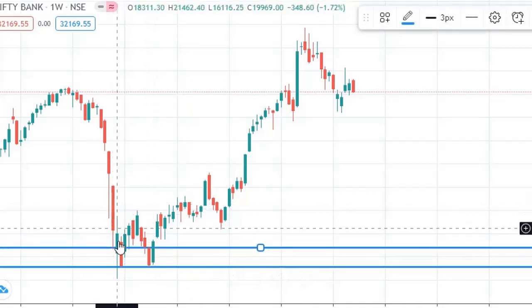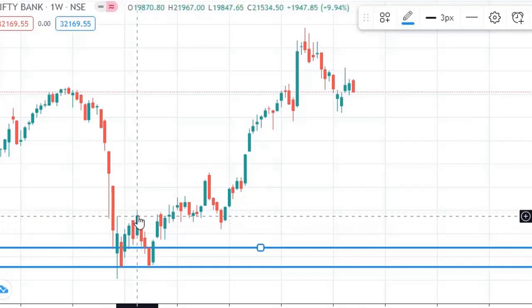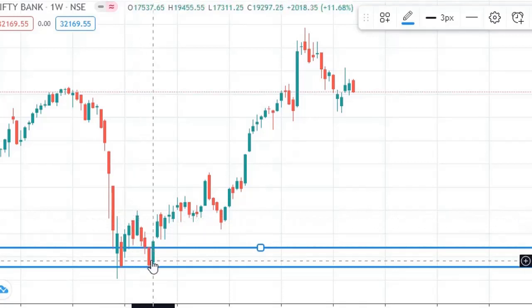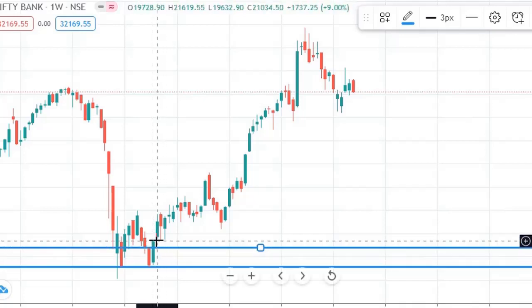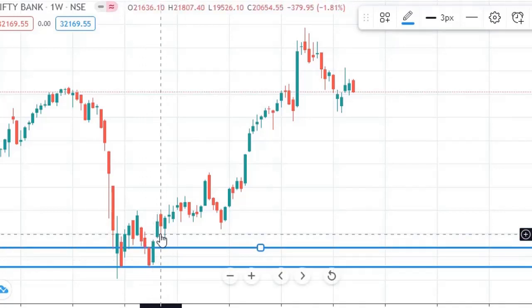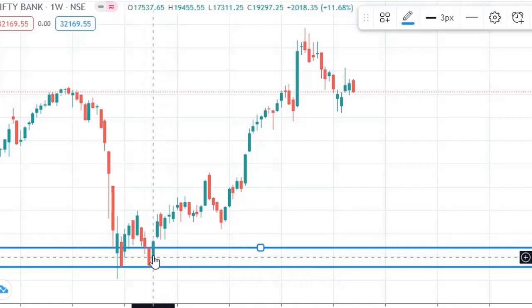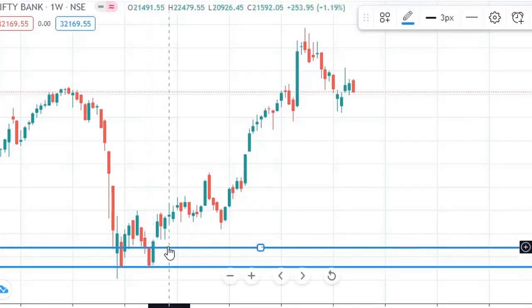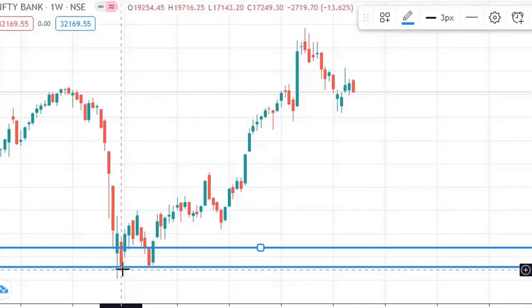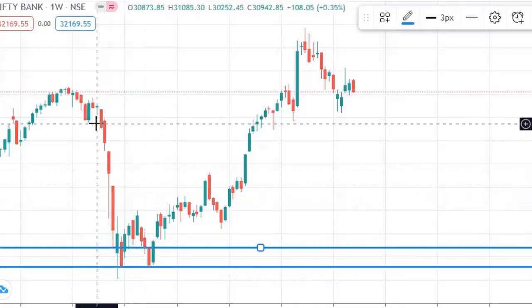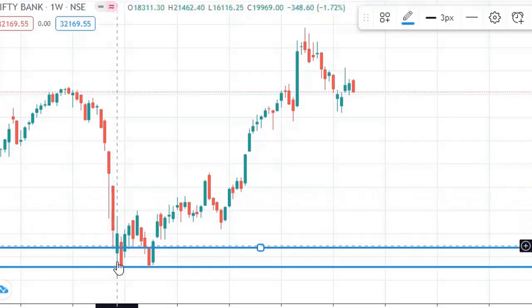Now you can see from here it moved to here, and from here it came down. Now this is a classic reversal pattern, if you know it. That's why I assume that you have a basic knowledge of candlesticks. So this is a reversal pattern. From this, a green candle formed without breaking the previous low. Okay, so this was one wave.